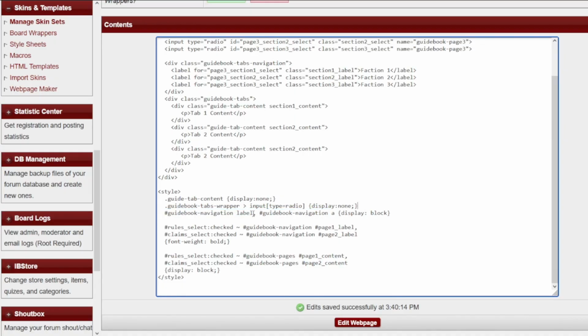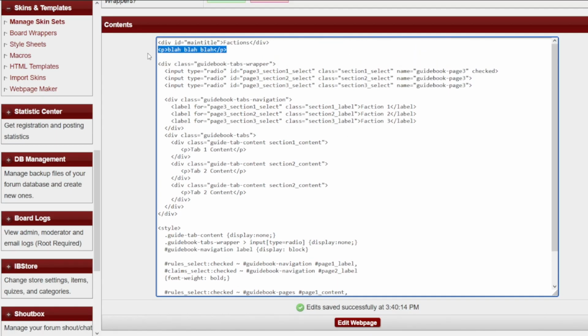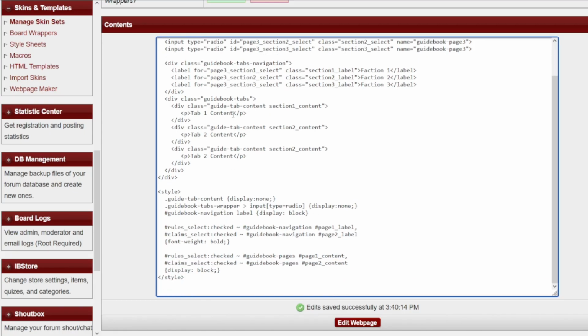And then for our labels, okay, so we're not embedding any links in the guidebook tabs. If we have reference links, we can include it in that sort of introduction area. It makes less sense to include it in the tabs here. But we probably want a little bit of styling on the guidebook tabs. So display inline block will let us add a margin and a padding to them